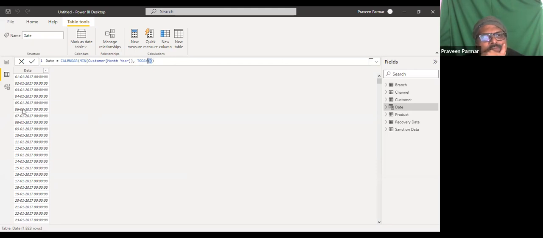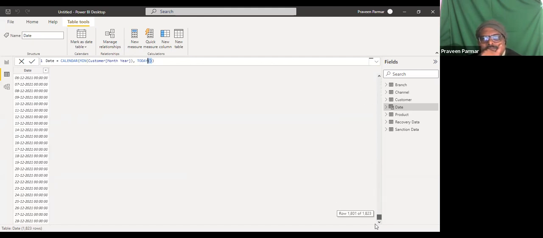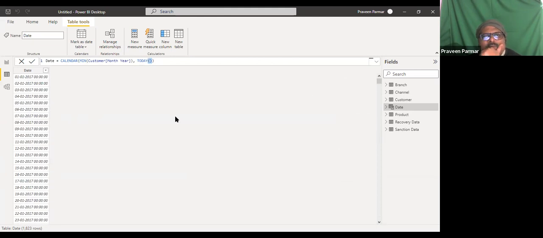Okay. Got it? So we are getting the date from 1st January 2017, which was the minimum date in our customer data, and it runs till now. So it is not useful. I am just showing you how to create the table. Instead of today, we could use the maximum date. Can we use it?